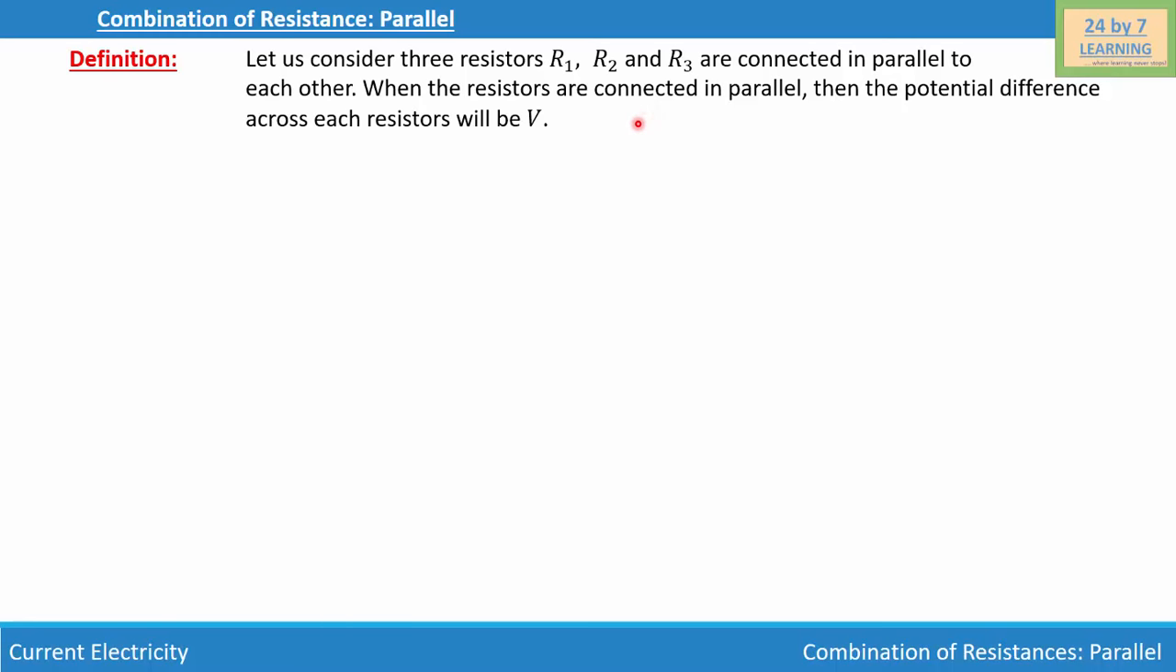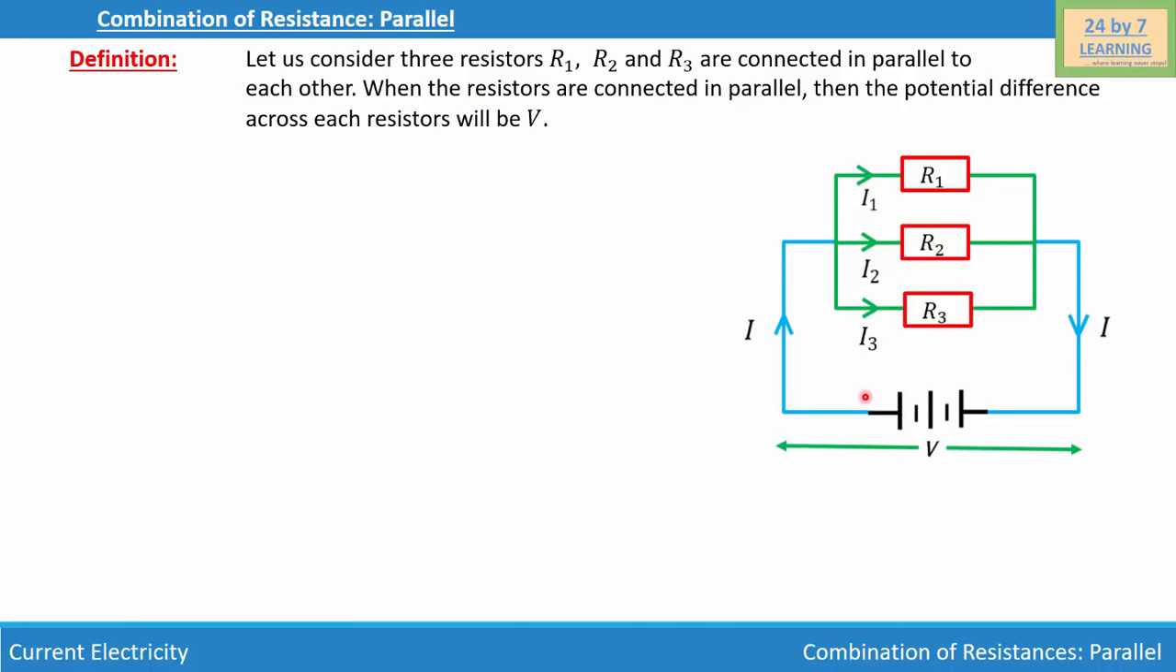Now, in order to explain how to find the combination of resistance in parallel, I'm going to consider this information to draw a figure. So here is my figure where you can see I have an external battery of potential V connected to the combination of the resistances. Now, as you can see, the potential difference across each resistor is V and I ampere of current passes